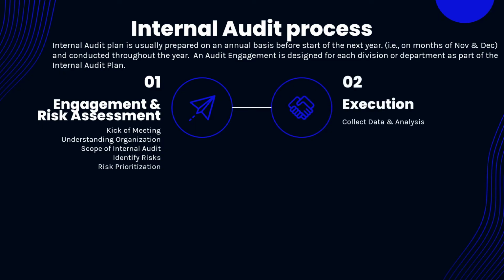So the second stage is the execution, and this is where the real action happens, and the audit team performs testing and gathers evidence to evaluate the effectiveness of internal controls and accuracy of financial records. The execution phase includes conducting substantive procedures such as analytical review, testing of details, and confirmation with third parties.